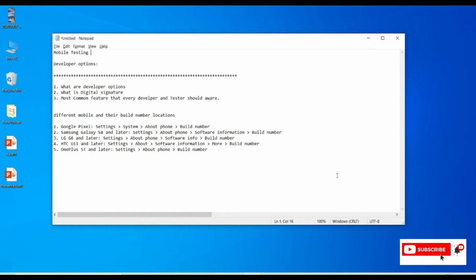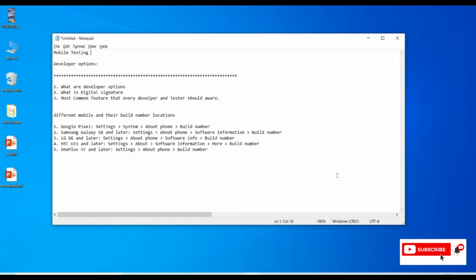This option needs to be enabled, and developer options should be enabled. Without that we cannot install any applications onto our mobile device. Another way of installing an application is by using APK files, but the most common way in development or testing is using a USB cable. To use that, we need to enable the developer options, and under that the USB debugging option needs to be enabled.